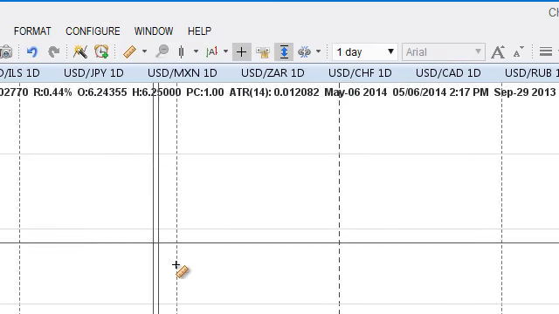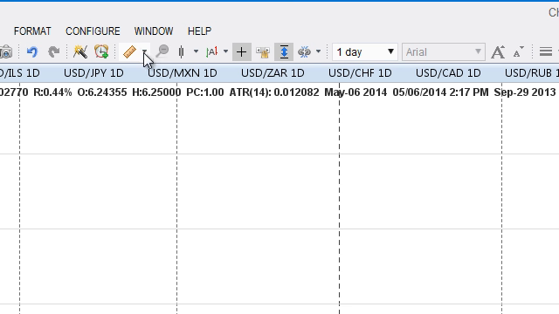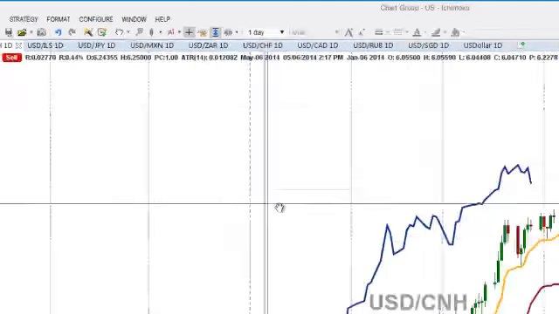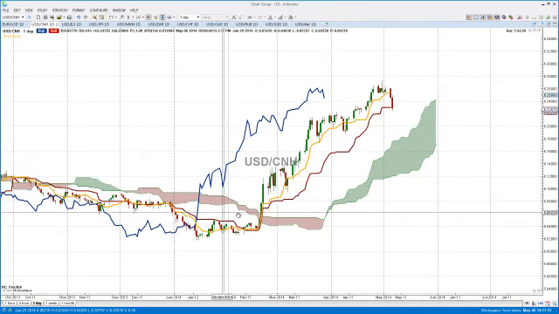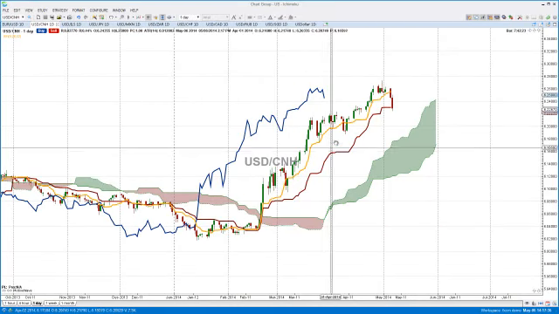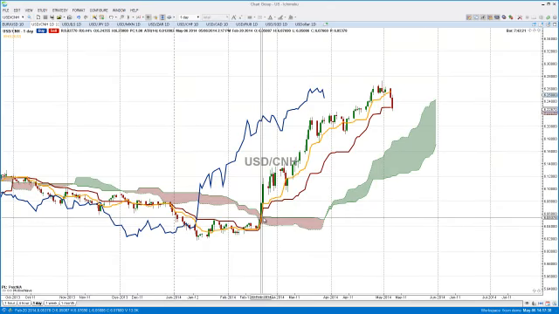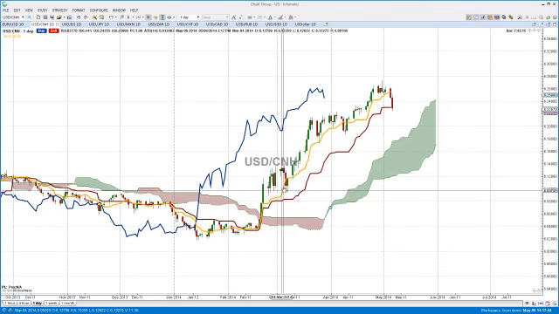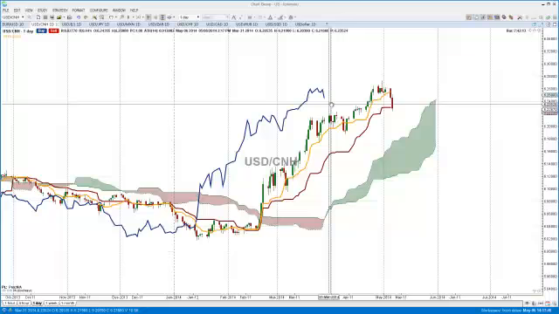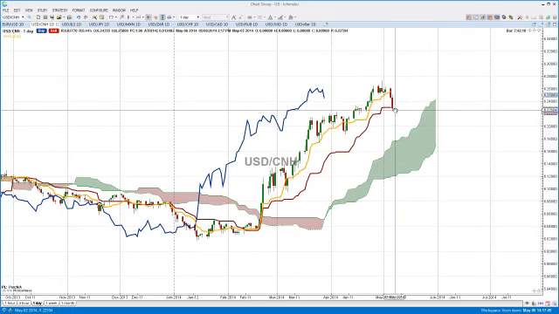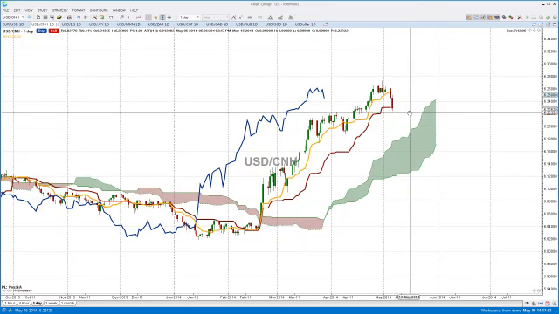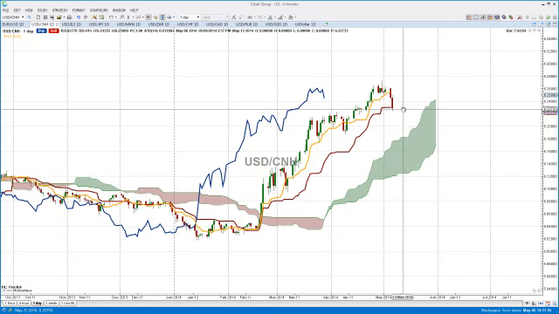So let's go to another pair, which is the US dollar against the Chinese RMB. As you can see, price has been in a solid move up all the way since around 20th of February when we had a Kumo break here, and price has significantly gone up. And once again you can see now currently price has dropped down and hit the Kijun-sen, right? We could look in terms of taking a trade up,